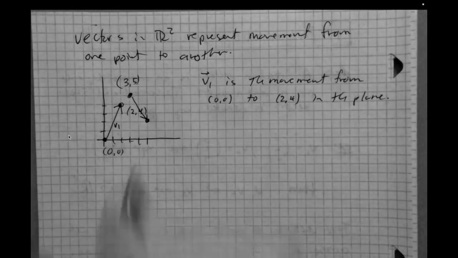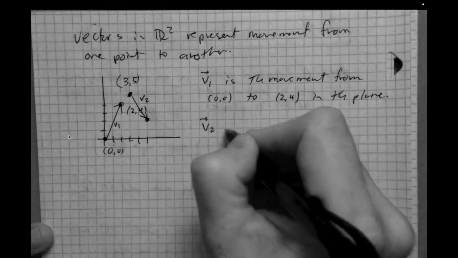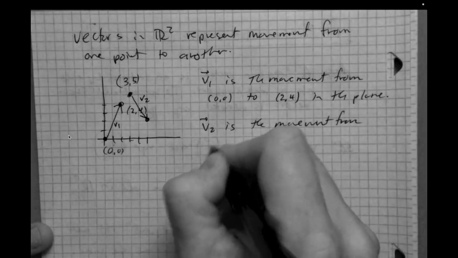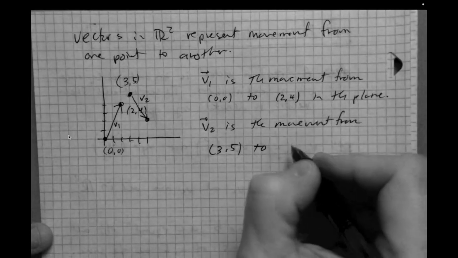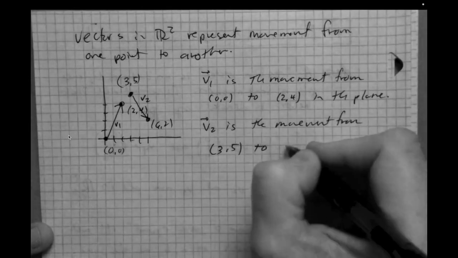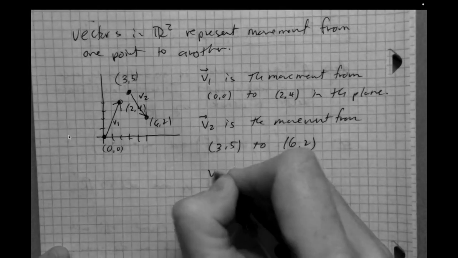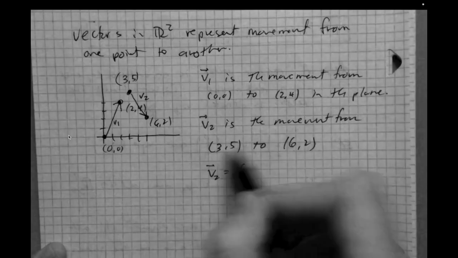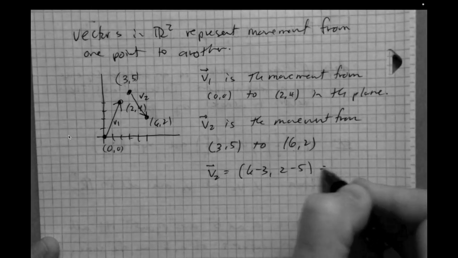We can think of this, if this is vector v2, then we'll say v2 is the movement from 3, 5 to 6, 2. Okay, right. Now in this case, because the tail of the vector is not at the origin 0, 0, if we really wanted to write v2, what we would have to do is something like this. We could subtract the starting point from the ending point, and we would get